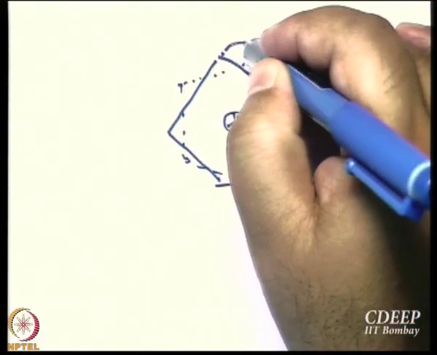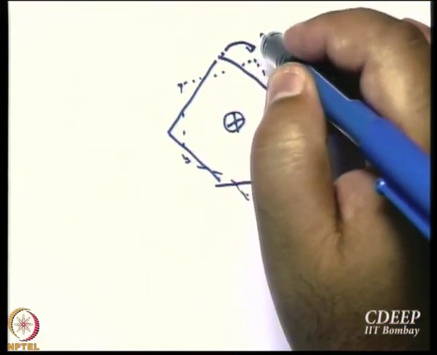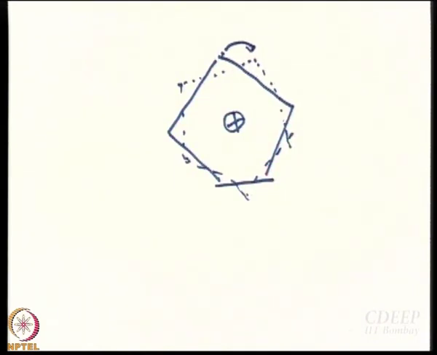The C5 axis of symmetry is also an S10 axis of symmetry, right? Because then this carbon atom will come here and then get reflected upon this. Other than that, any simple axis of symmetry: first of all, the C2 has to pass through the iron. Let us first agree upon that.